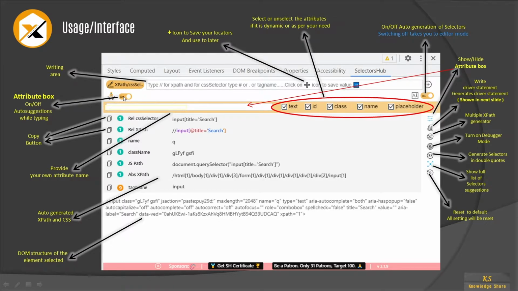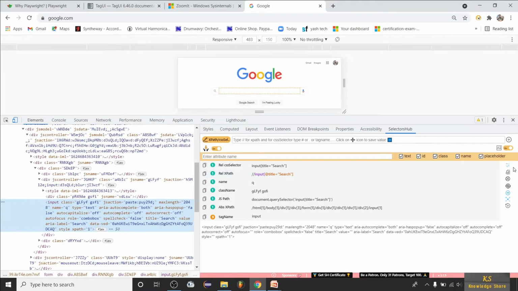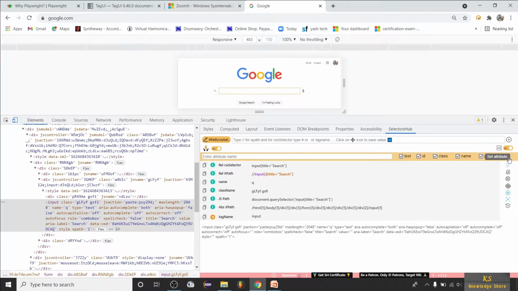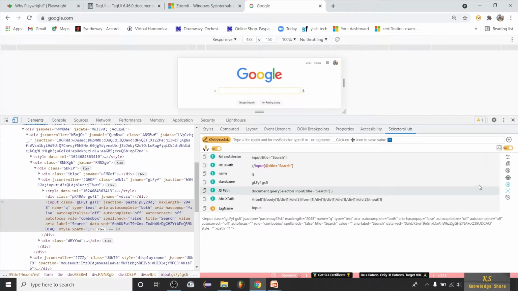I thought this is a switch off button, but let me go back to here and just click on this. See now that a text box for attribute is hidden, right? Now again when you click on this, it will show you the box. Okay, this is what this filter box is meant for.